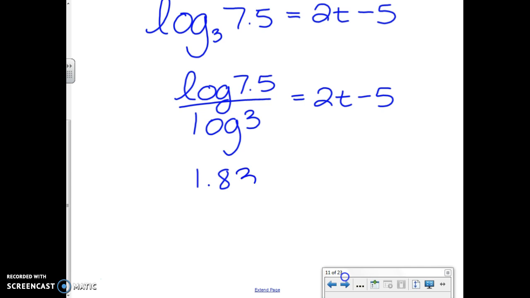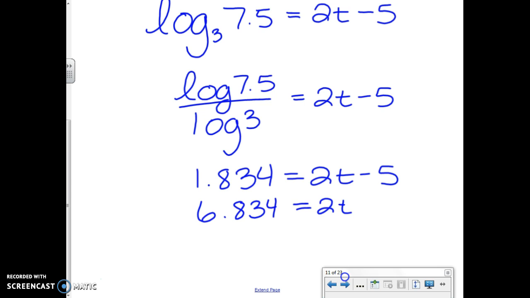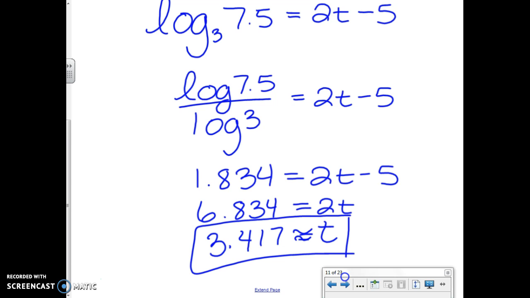6.834? Yeah. 6.834 equals 2t minus 5. Now keep in mind we did round right there. So whatever we get as an answer is going to be an approximation. But I can move my 5 over and I'll have 6.834 equals 2t. Divide off my 2. And now I could say, all right, 3.417 approximately is what t could equal to get me to that point. It's the same thing if you do the opposite of approximate. Equals? If you don't round,